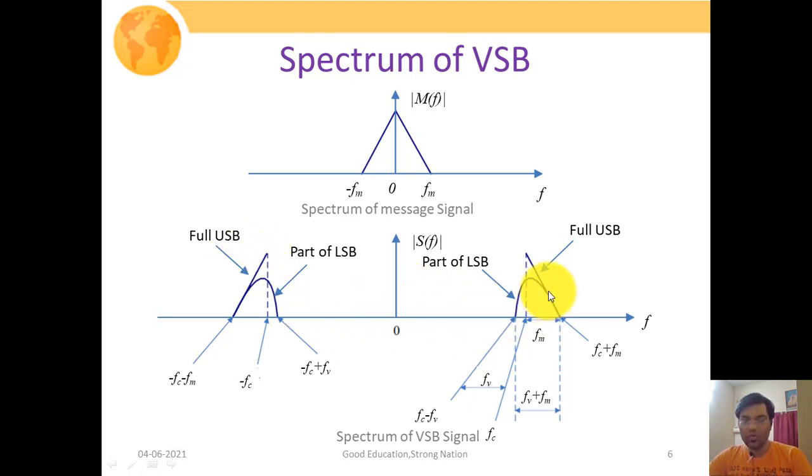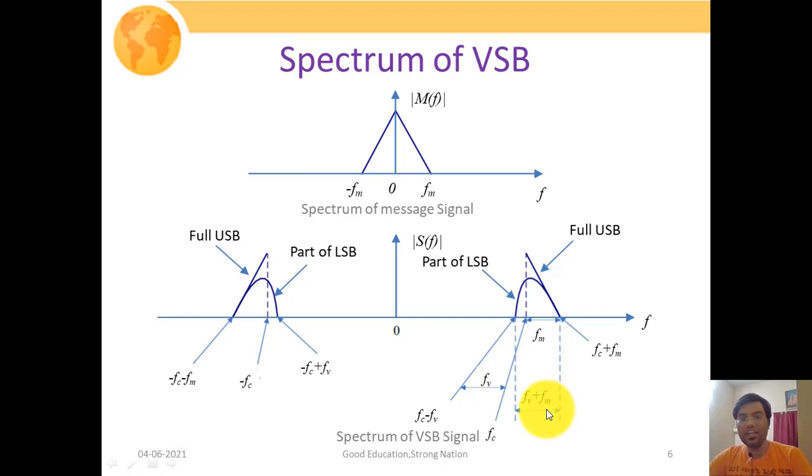So here also we are basically transmitting this complete sideband and some portion of the lower sideband. That portion or range of frequencies, we are representing with FV, and this complete frequency range or bandwidth, you could say, is FM. So the bandwidth requirement of the vestigial sideband signal turns out to be this vestige portion plus this complete FM, which will be equal to FV plus FM.